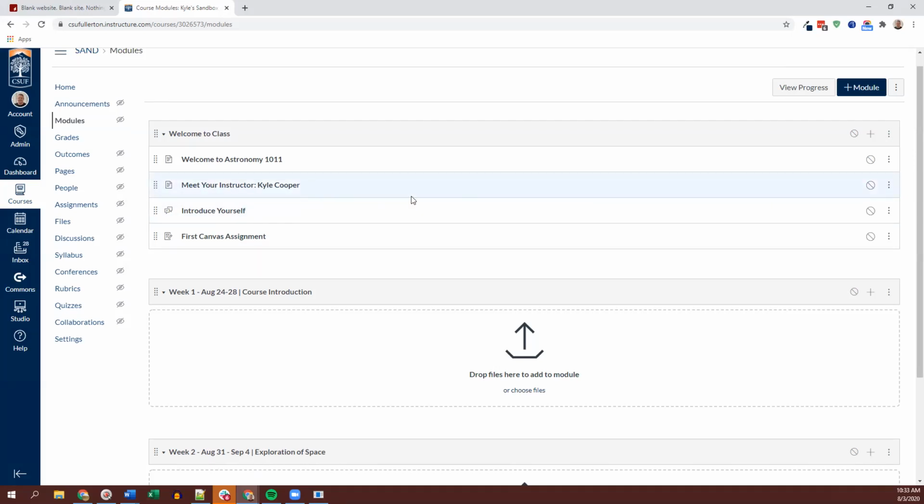So that would be 5 content pages. And then I might even have a quiz and an assignment. So these things can build up quickly, just depending on your course. However,